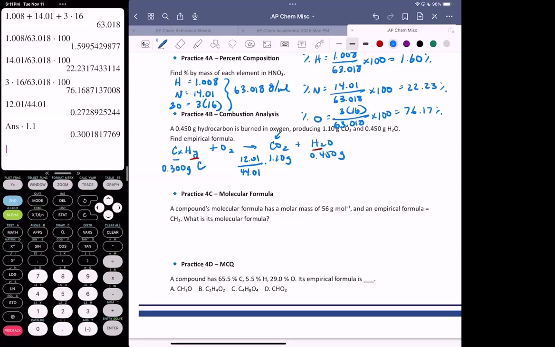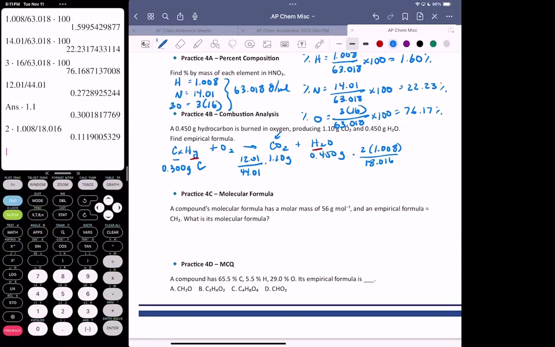Let me do the same thing with water. With water, I'm going to multiply that by 2 because it's got 2 hydrogens. So I need to figure out what mass, or what fraction of the mass of 0.450 grams, is hydrogen, and that all comes from my original hydrocarbon. So it's 2 times 1.008 grams per mole over the entire molar mass of water, which is 18.016. So 2 times 1.008 divided by 18.016, and then I'm going to multiply that by 0.450, and I get